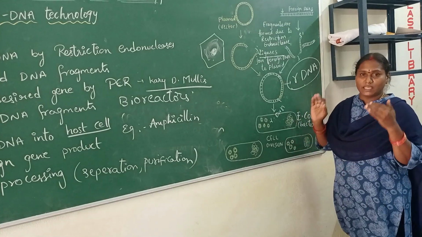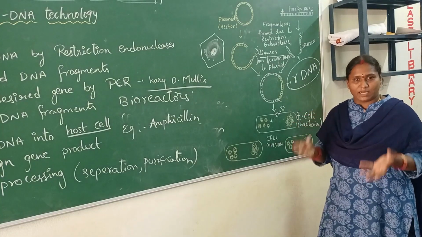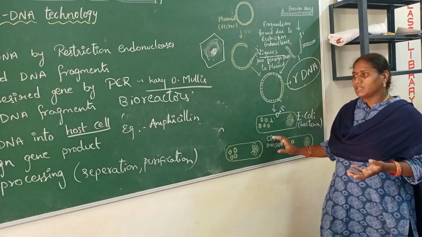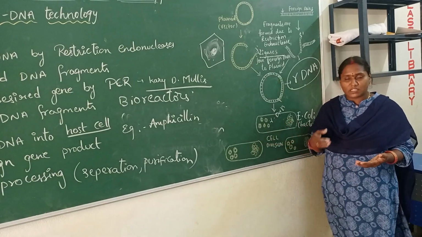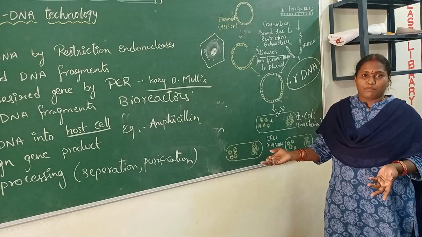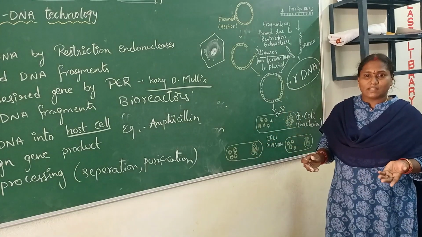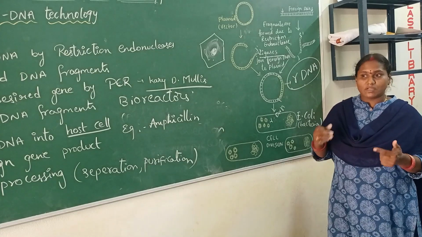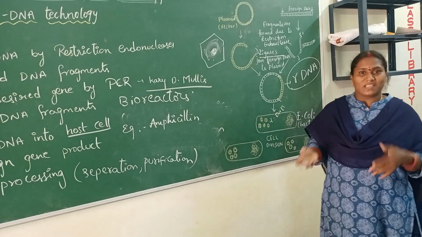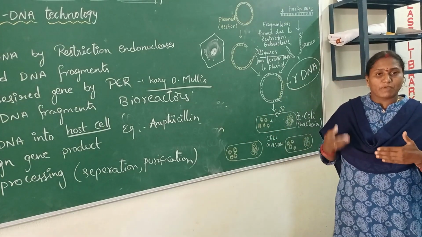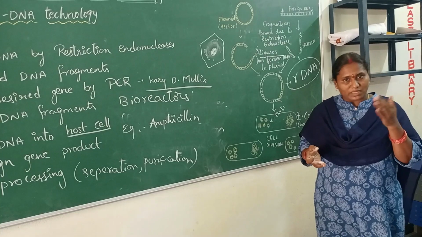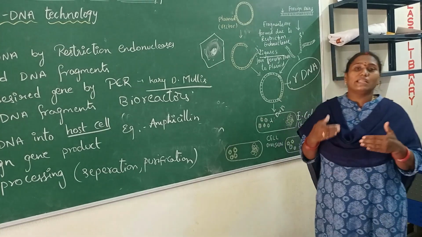The recombinant DNA molecule, or the recombinant desired protein, or the antibiotic you need, or the hormone you need, everything will be the end product. That end product should be distributed into the market by using several processes called separation and purification. For that, I already said that clinical trials should be done. We shouldn't give the product directly into the market. First, some tests should be run on it: whether that product is good or bad, whether there are any side effects, any problem with that product. So for that we have to do clinical trials.